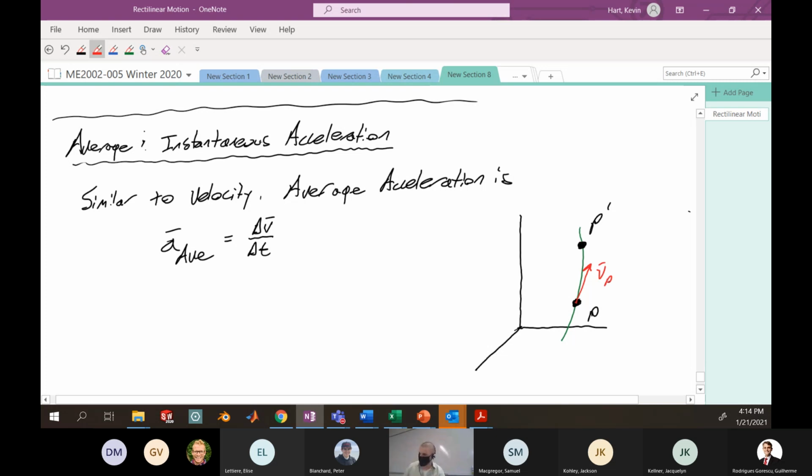So here's the velocity of P, tangent to the path. Here's like the velocity of P prime. So if I thought about taking those two vectors and both having them emanate with their tails at the same location,